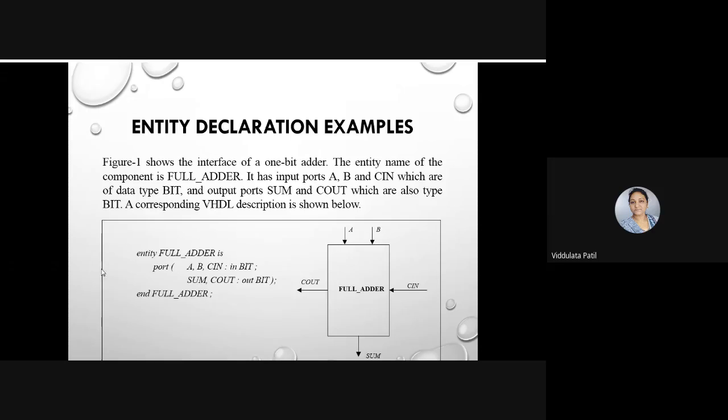Then after that the end of this entity. Okay, so this is another way to write an